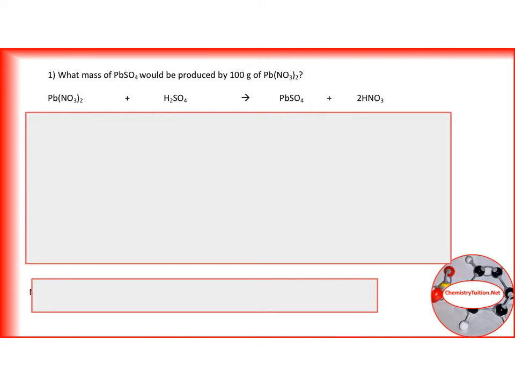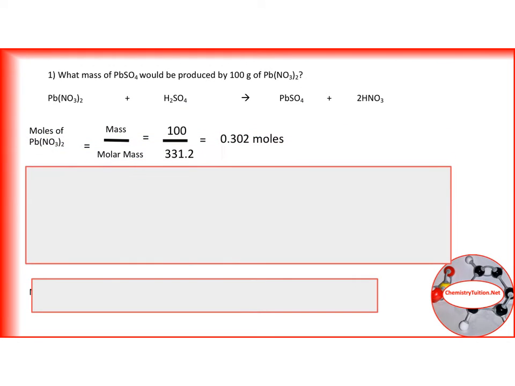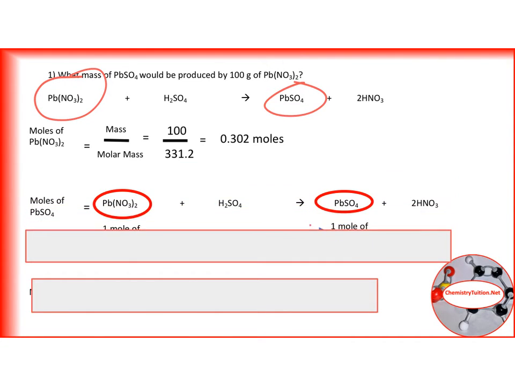So example number 1, we need to find out how much lead sulfate we will produce from 100 grams of lead nitrate. So the first thing you need to do is calculate your moles of lead nitrate. So you find your molar mass of lead nitrate as being 331.2, and 100 divided by that molar mass is 0.302 moles. You then look at your ratio, and luckily it's a 1-to-1 ratio between lead sulfate and lead nitrate. So that means we will have the same number of moles produced of lead sulfate as being